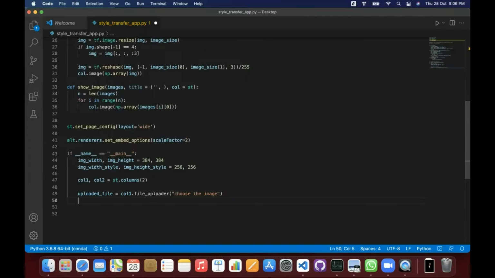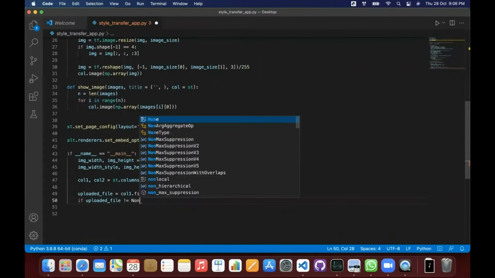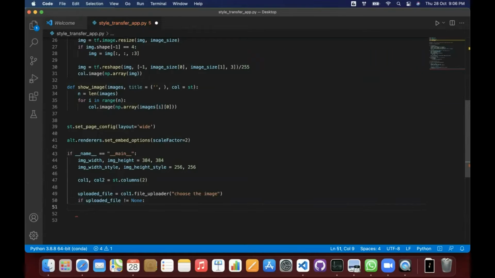And I'll go ahead and call my function. I'll write if uploaded file is not equal to None, in that case call that function.